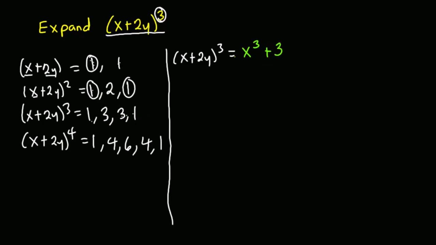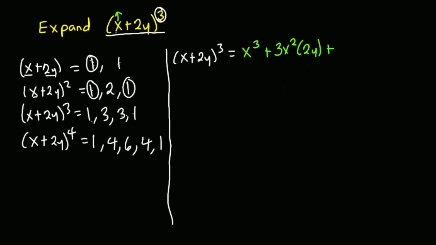Then what is going to happen is that we are going to multiply these two, but the exponent of x will reduce by 1. So that will be 3x squared. Then we'll now multiply it by the 2y